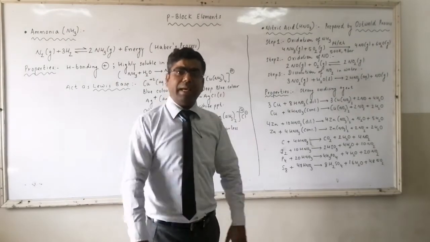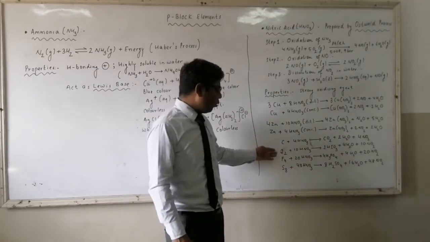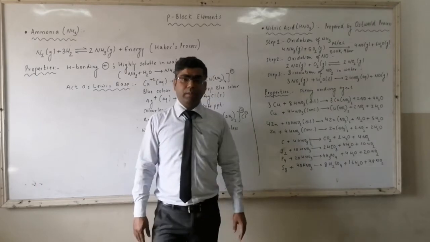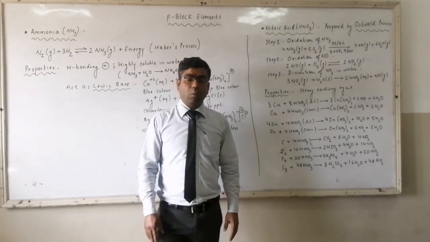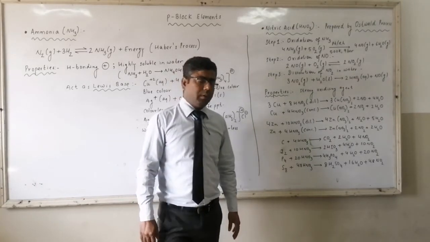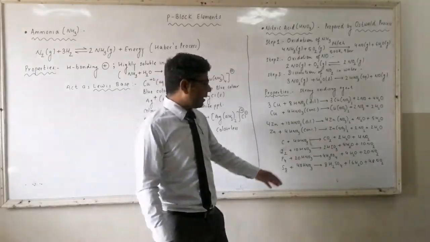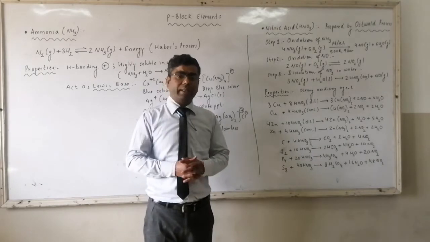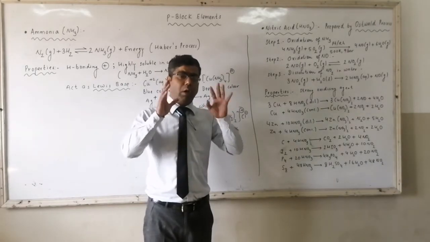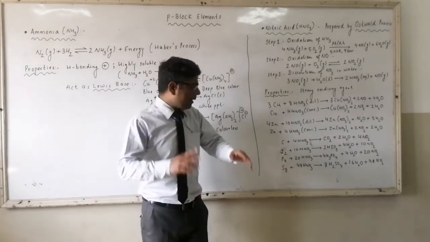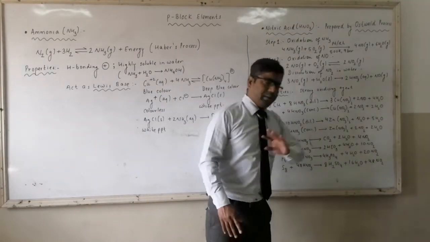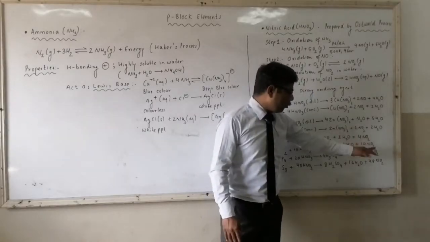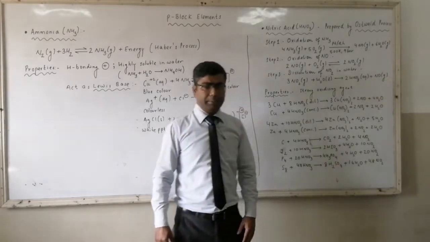It can also oxidize non-metals like carbon, iodine, phosphorus and sulfur. What will we get? If carbon is used, we get carbon dioxide, but with other non-metals, we will get oxoacids of that particular non-metal. In all the cases, NO2 will be there, and H2O will be there.